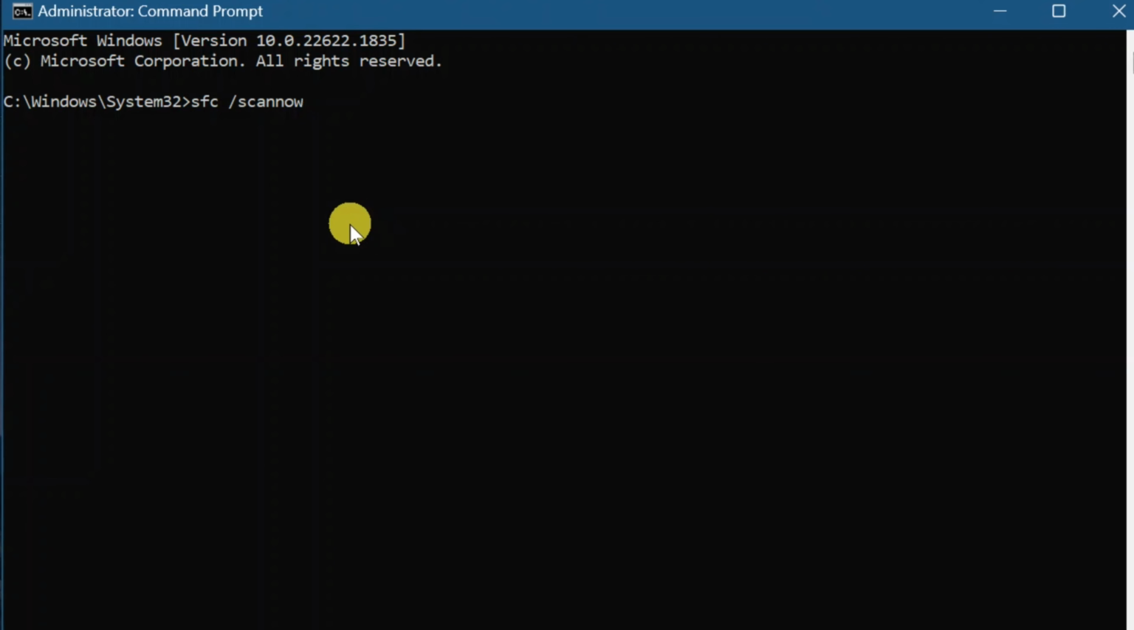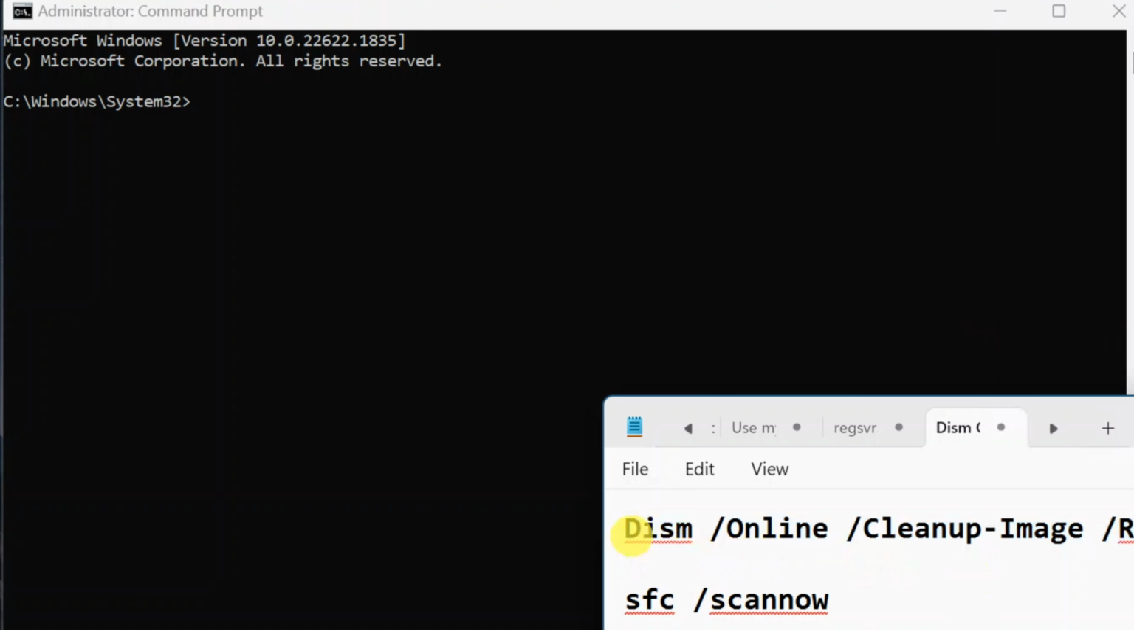This sfc scannow command is used in Windows to run the System File Checker tool, which scans all protected system files on your computer and replaces any corrupted or incorrect versions with the correct Microsoft versions. Once the verification is complete at 100%, the next command we need to type is DISM space slash online space slash cleanup-image space slash restorehealth,